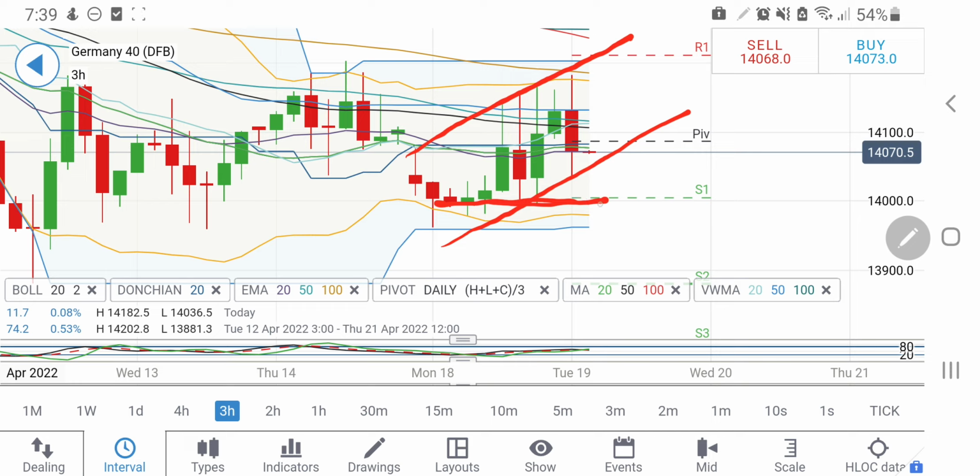The first thing is, a short entry is only recommended once it is trading below 14,000 levels today. If you see it trading below 14,000, one can take a short entry. Then you can expect 13,950 levels, which may provide a very strong support. And until it is above these levels, one can expect it may try to come back towards 14,100, 14,120, 14,150. This is going to be a larger resistance, and then 14,200 will also be achieved today itself.